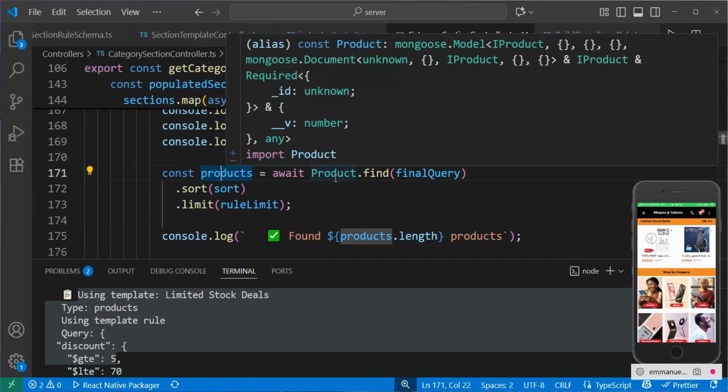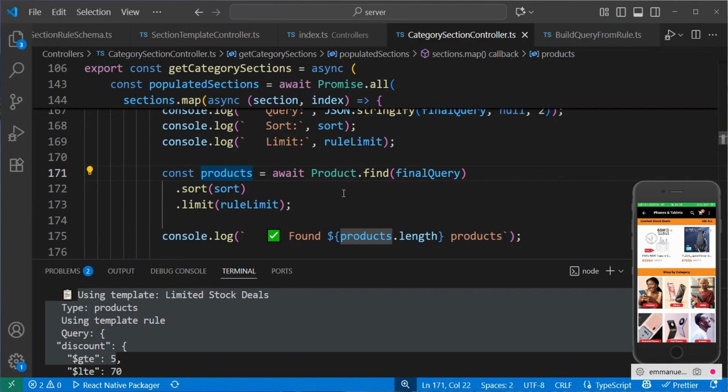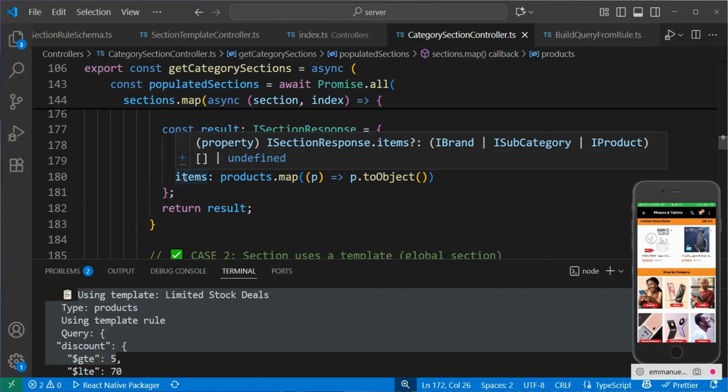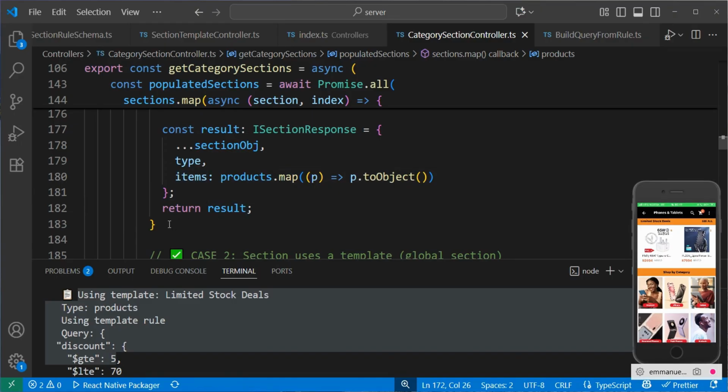Stored here. These are the products from our product collection matching our final query, and then we convert it to an object so we can display it in our front end, and then after that we return all the results. But this first case is for non-template or category specific sections. However,